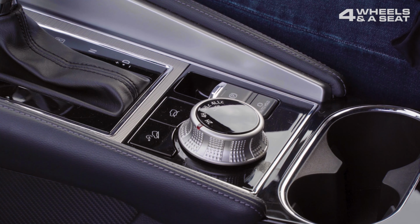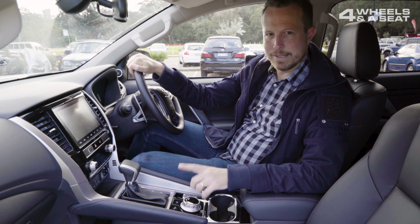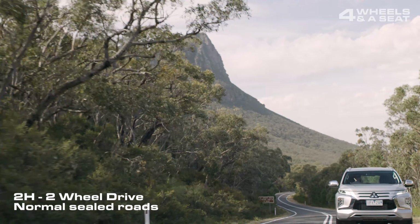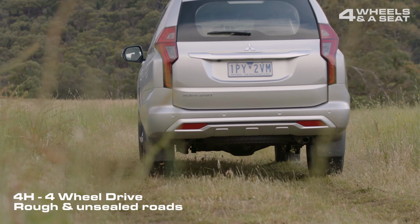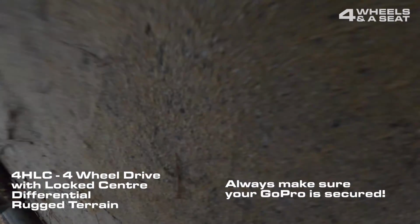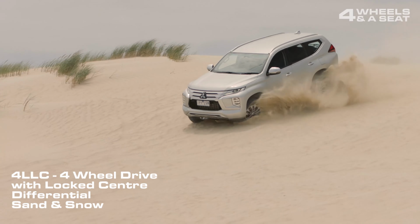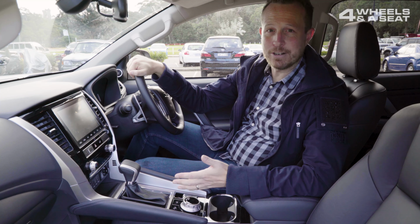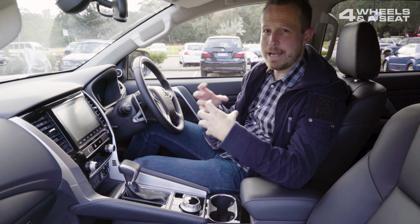Now here in the center console is a switch that I think probably scares a lot of people and they never touch it. It's the drive mode selector. And what do all those modes mean? Well, 2H or two-wheel drive high range is for normal road conditions. 4H is full-time four-wheel drive for rough roads. 4HLC is high-range four-wheel drive with locked center differential for rugged terrain, and 4LLC is low-range four-wheel drive with locked center differential for sand and snow. What's a locked differential? Well, essentially it keeps all four wheels spinning at the same speed to give you a